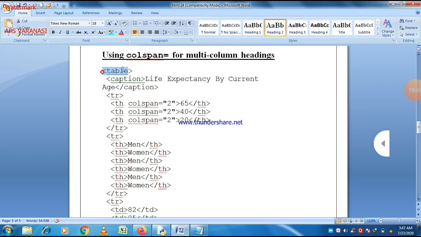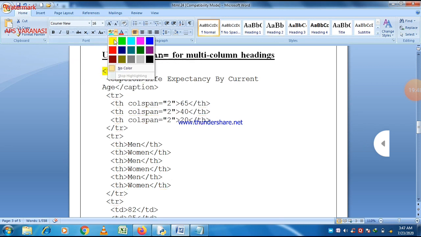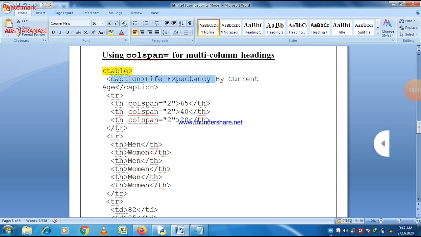This is a small program for using col span or multi-column heading. And in this program we will try to implement the concept of col span on th tag. As I told earlier, we can implement col span and row span on both the th and td tag. So here let's try to implement on th tag, and there is a caption also. Caption means the title of the table. The title of the table is like life expectancy by current age,